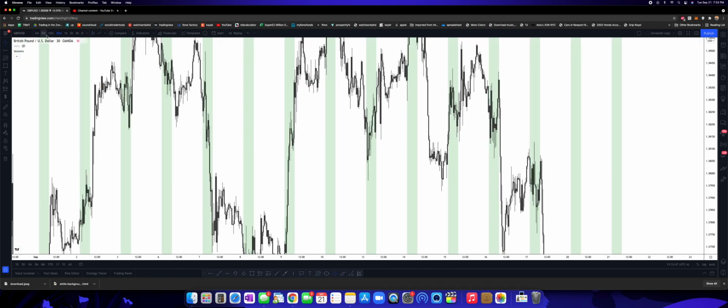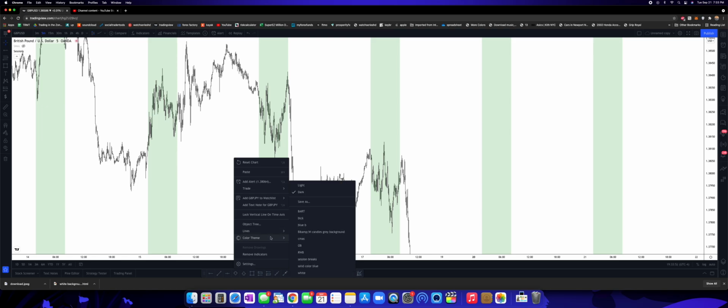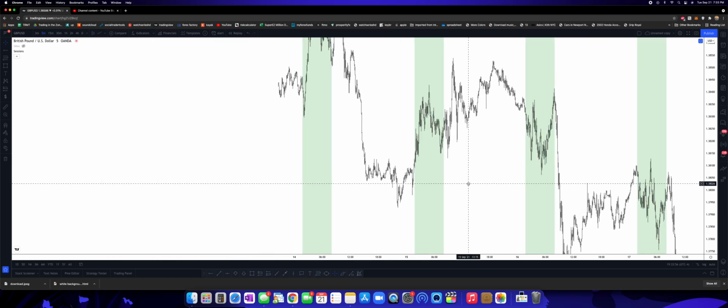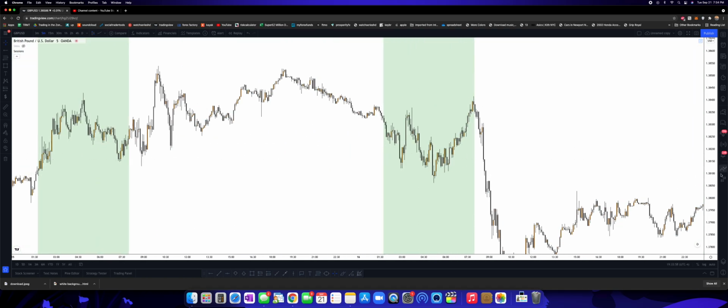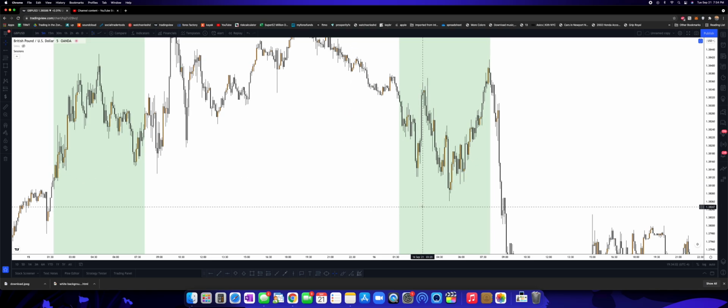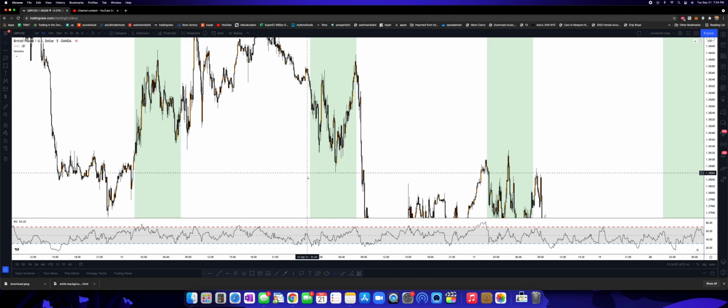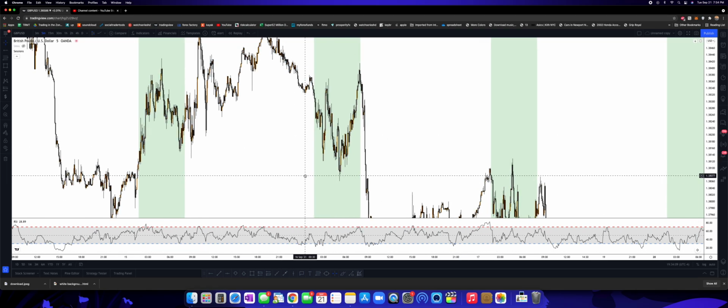So if I drop down to a 5-minute time frame, and I change my colors back to OB, which is the orange and black, because I just don't like using solid colors anymore. I did at one point, but not anymore. And if I add RSI, and I haven't posted a video on RSI, but I'm going to explain it after, I'm going to break down a trade that you could have taken if you were trading London session